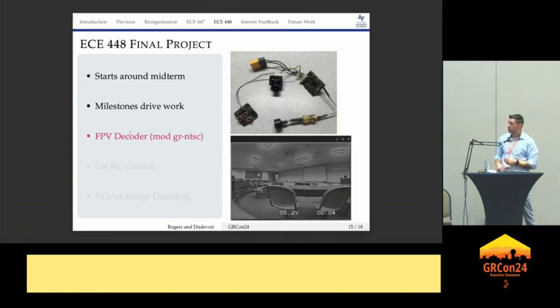So a couple of cool examples. I had a cadet last year that took GR-NTSC and actually fixed it to work with PAL. So we can do PAL. I got 5 minutes or I'm done. Okay, cool, thanks. So we can decode and demodulate PAL and NTSC with the same blocks. And in my world, there's a whole lot of use for this kind of technology. So I was really excited when he was able to pull off the PAL demodulation on the bottom.